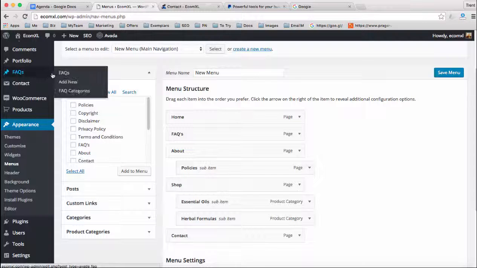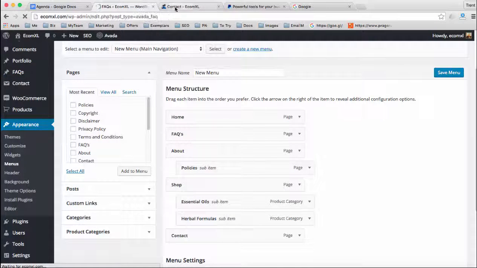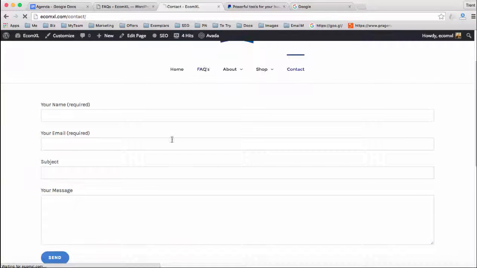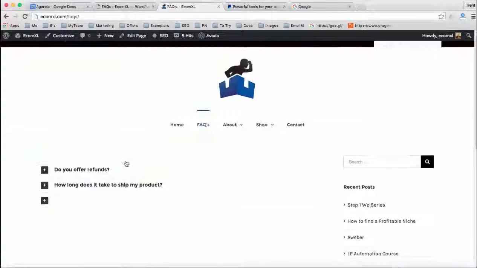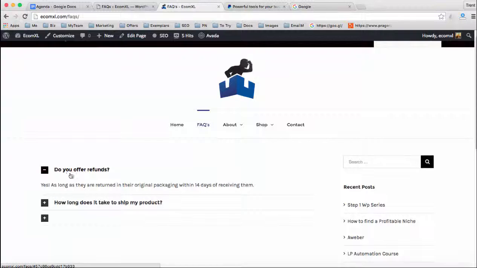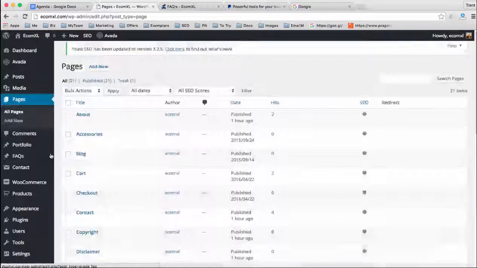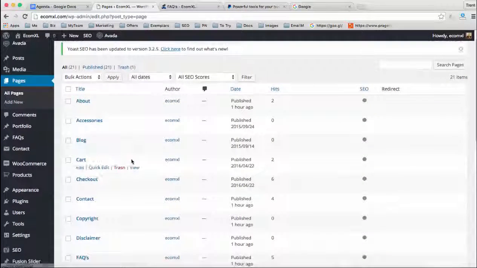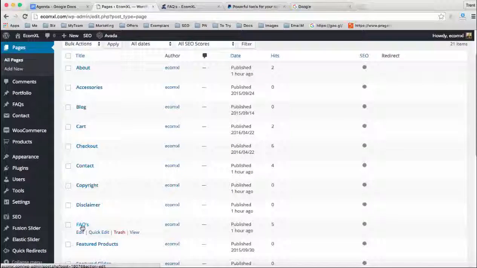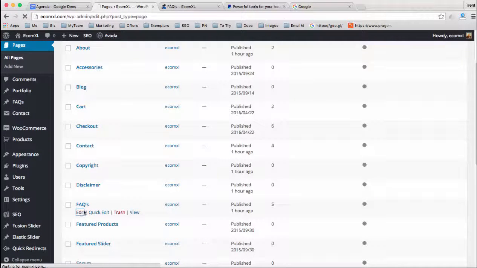So let's show you how to do the frequently asked questions page right here. So on the frequently asked questions page, you can continue adding questions and answers that people have, but this is just kind of a fun way of displaying the questions that you might have and putting the answers to them. And you come in here to the frequently asked questions. Actually, it's a page. You don't have to worry about that facts right here. That's another way of doing it, but I prefer to come in here and just add a page, and I edit the page,